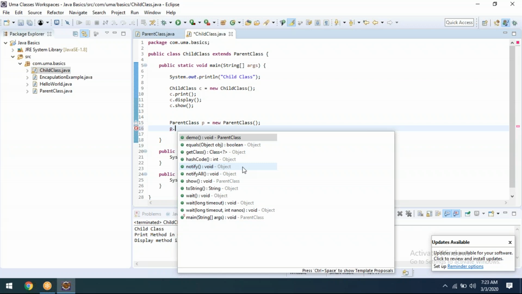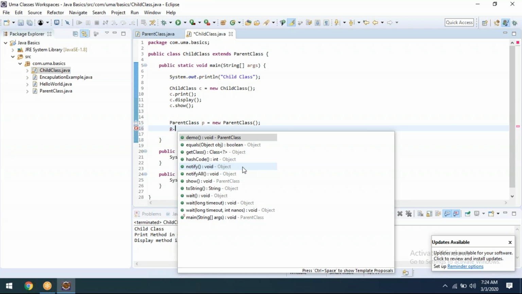Means whenever one class object is going to be created in another class, then protected won't come. You're getting my point?